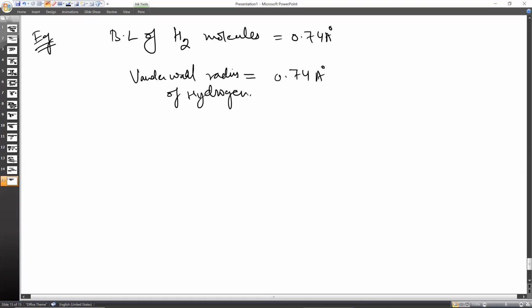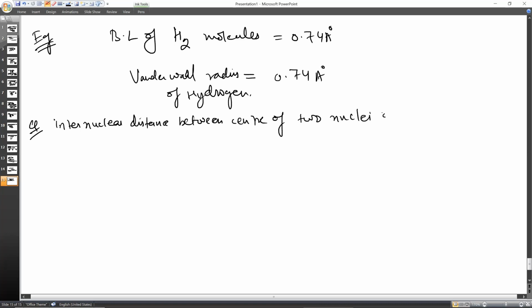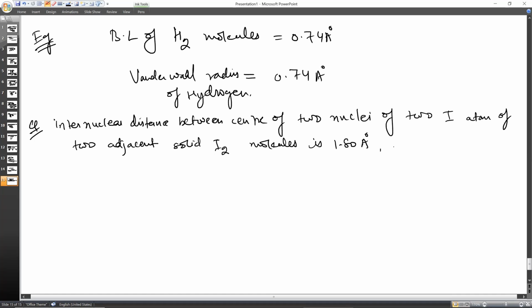If we have a question on this, that the internuclear distance between the centers of the nuclei of two adjacent I atoms in a solid I2 molecule is 1.80 angstrom, then the van der Waals radius of I atoms